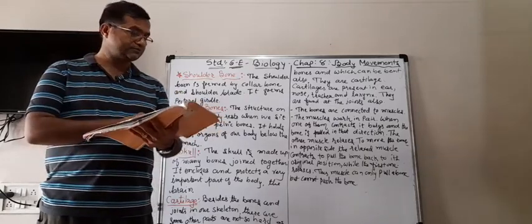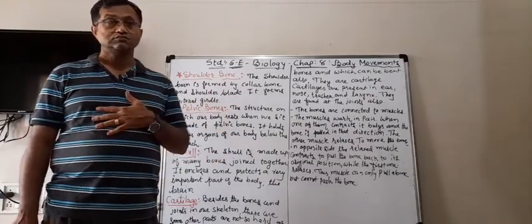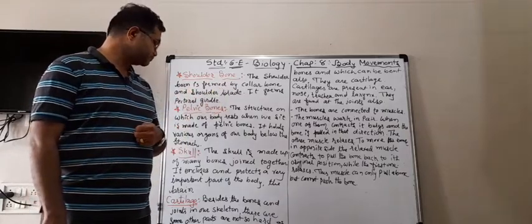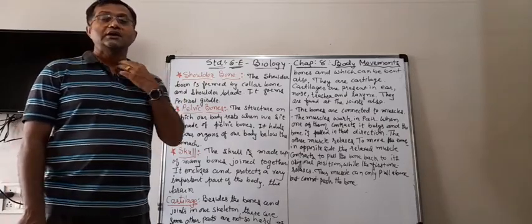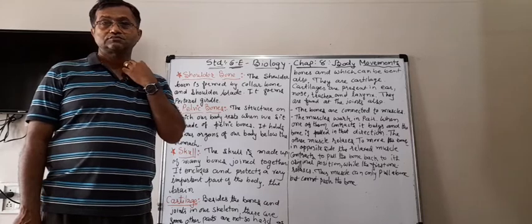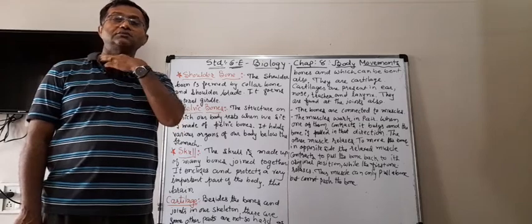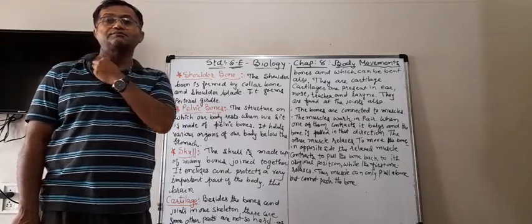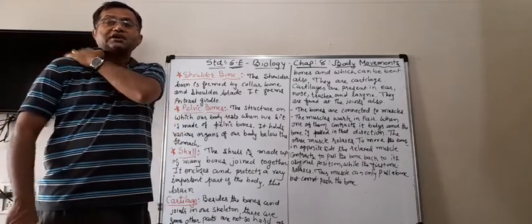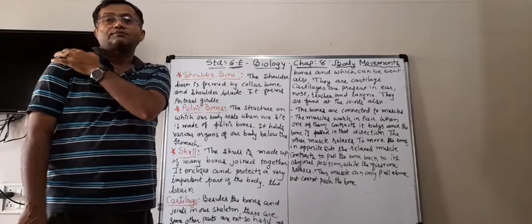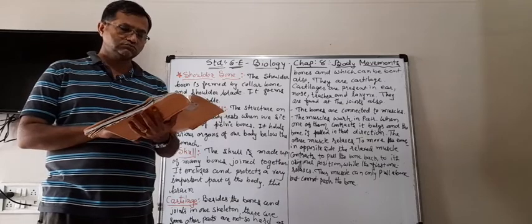Now, after that, a few other bones are remaining that we are going to learn about today. The first one is our shoulder bone. If you put your hand here by your neck, just a little away, you will find a very hard bone here, and it is connected to the other bone. Those bones are the shoulder bones.